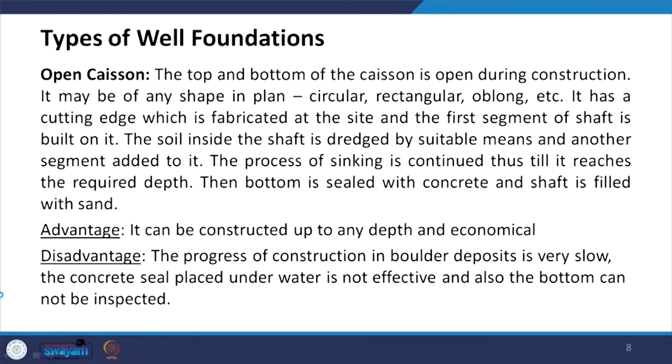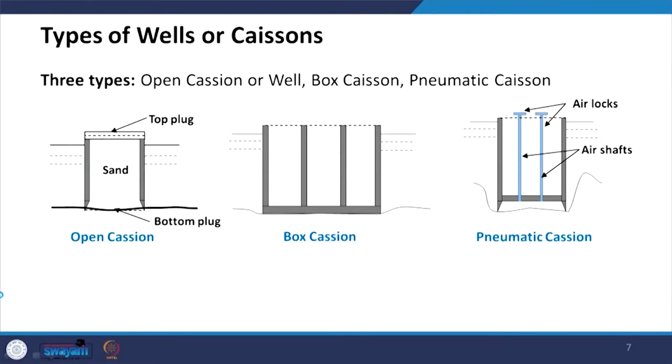So, what is done, if you see here in this figure, this is the cutting edge. Both of these are what we can say the cutting edge for the open caisson. If I treat this as ground level, this as the ground surface, then when you sink it down, it will start cutting the soil or the earth and proceed down. It will not go in one go; rather,